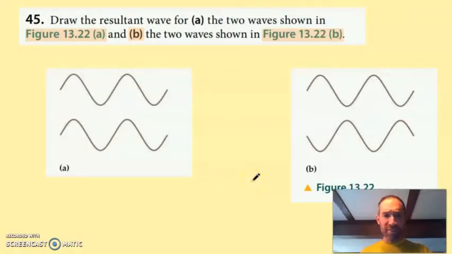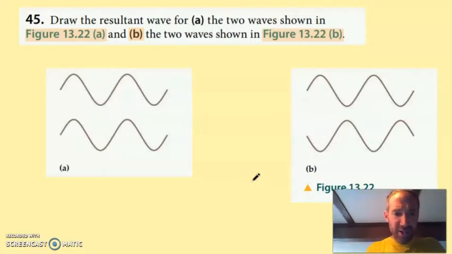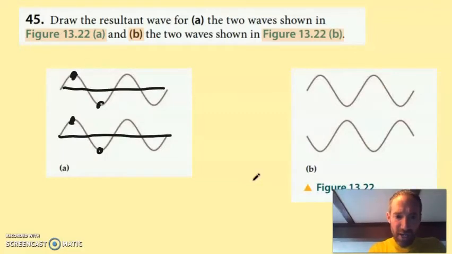Number 45 says draw the resultant wave for the two waves shown in figure A and the one for figure B. Now in figure A, you can see that these two waves are in phase, and I say that because I have a crest and crest lined up and a trough and trough lined up. And so the resultant wave is going to be, if I think about drawing in the equilibrium line and